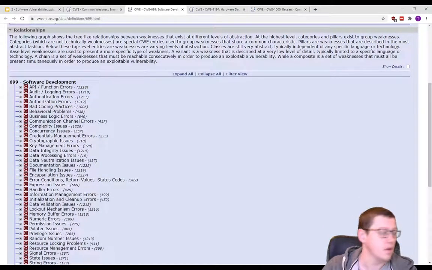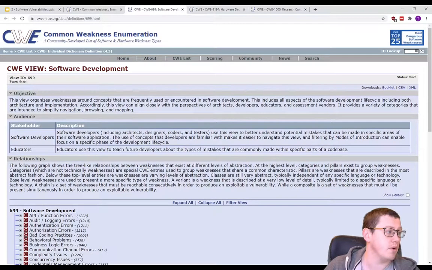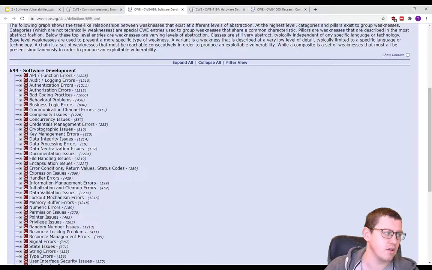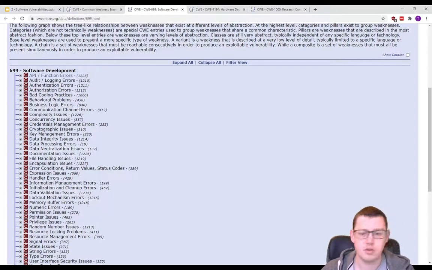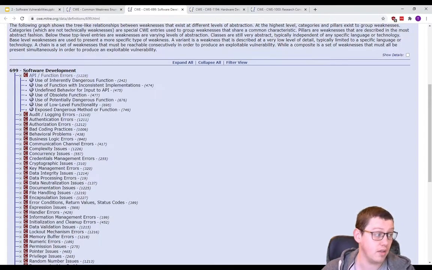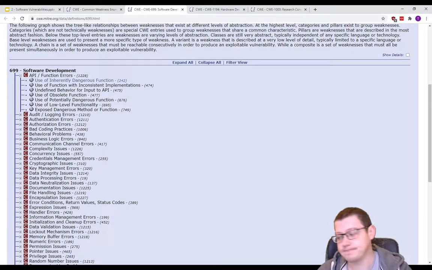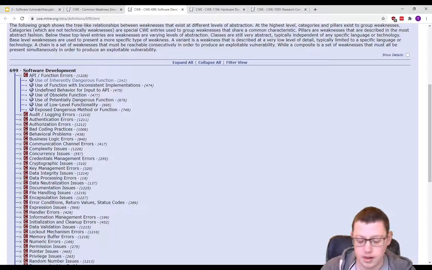So if you want to look at it from a software development perspective, it's broken down by lots of different software concepts. So things like APIs and function errors. So we just saw that was one of the categories that Cyborg uses to break it up. So these are things like using dangerous functions, an example of that we're going to be looking at in the next video and next week. So things like the printf function, incorrectly using that,